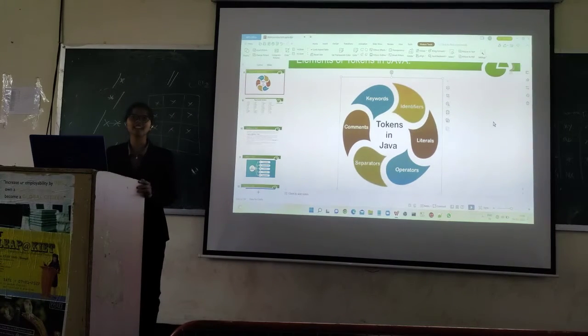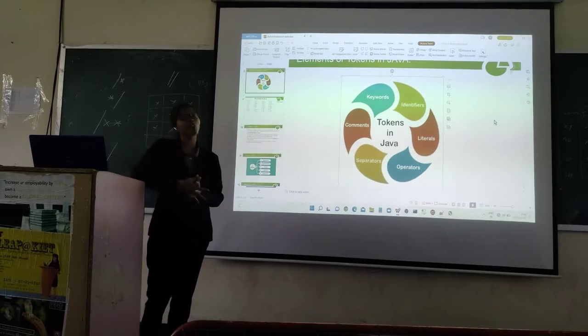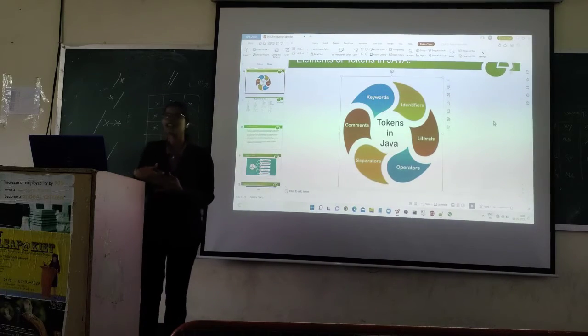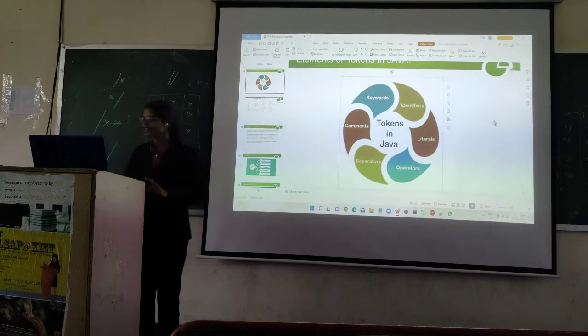Elements are tokens in Java. First one, keywords, identifiers, literals, operators, separators, comments. All these come under elements or tokens in Java. The first one,